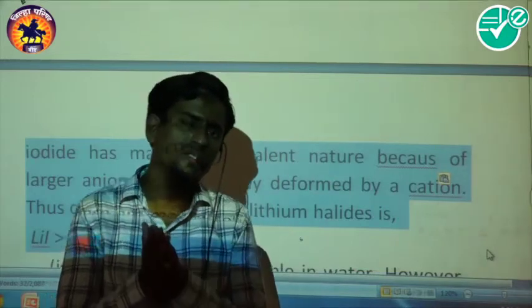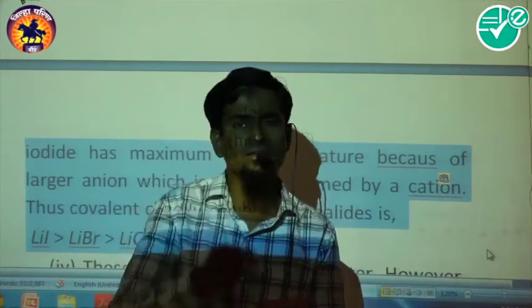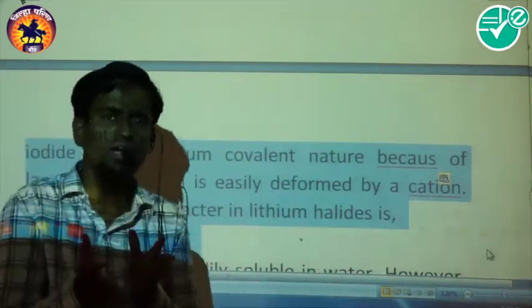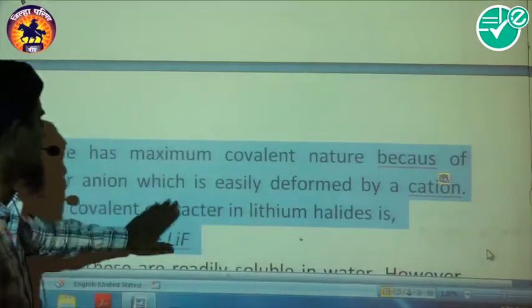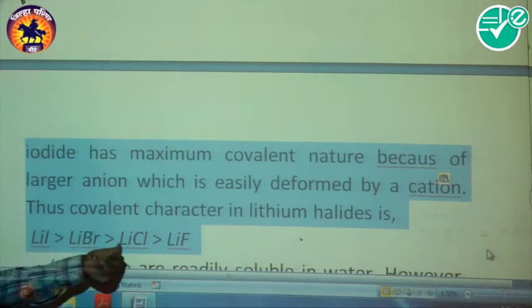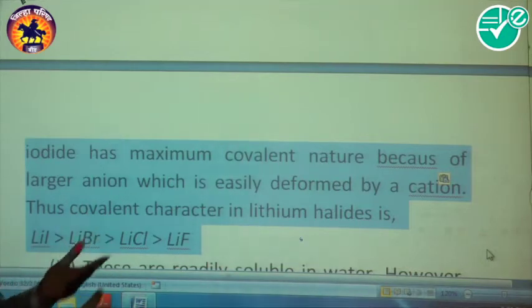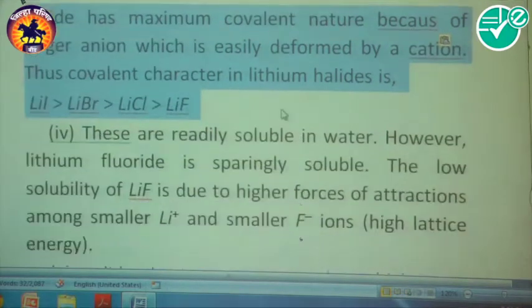So on the basis of that Fajans' rule, the concept of chemical bonding has to be applied here. If you are strong in that one, you are able to solve any question. Lithium iodide is the most covalent, then lithium bromide, then lithium chloride, then lithium fluoride. They may ask in reverse which is most ionic. It depends on the people who are preparing the questions on this topic. Well, come to the next.